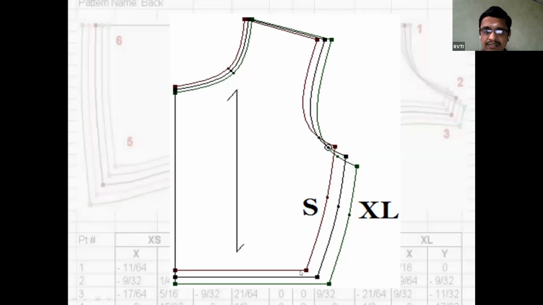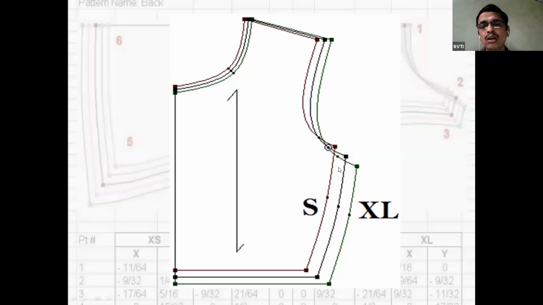I have to increase here for length measurement. So here I have to apply increments for length, chest, waist, side depth, again chest, shoulder, neck depth, and neck width. After applying, I'm drafting circularly or radially.